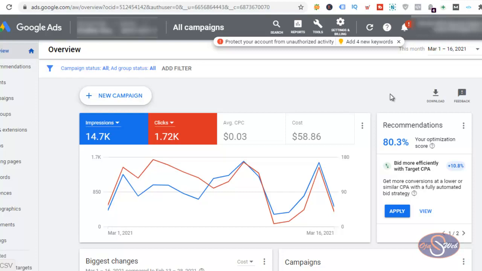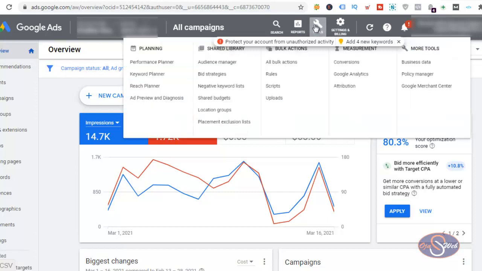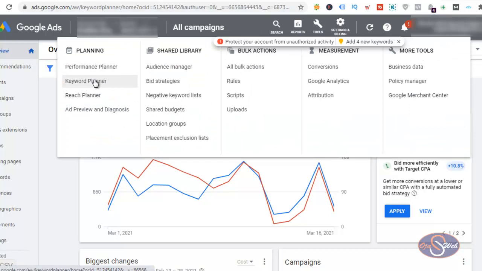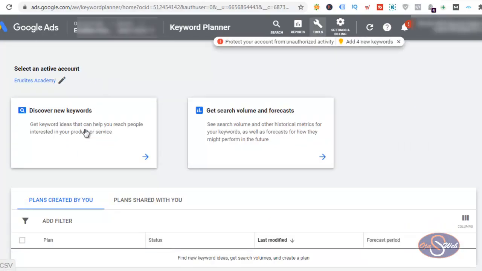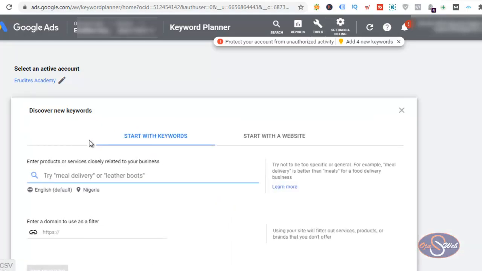For example, right now in my Google Ads account, if I go to my tools, then I go to the Google Keyword Planner and try to search for some keywords that I know are not allowed on Google, I might not find anything related to this keyword, and I might not be able to get enough keywords that I can use to target my advert on Google. But with the help of these tips, you should be able to get some quality keywords that you can target in your advert